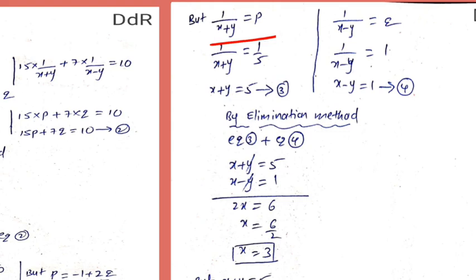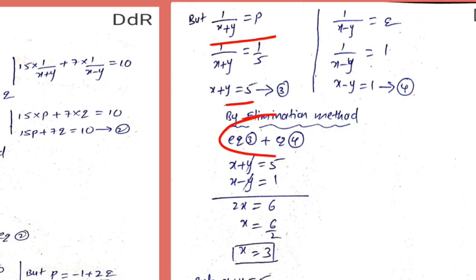Okay, so use either elimination or substitution method, any method you can use. I used the elimination method here. When you're using the elimination method, first you have to decide which variable you want to eliminate. So this time I decided I want to eliminate the y variable. You can eliminate x also, no problem. Next, observe the coefficients. Coefficients are also the same. Next, observe the signs. Signs are different. So when the signs are different, do addition of the two linear equations.